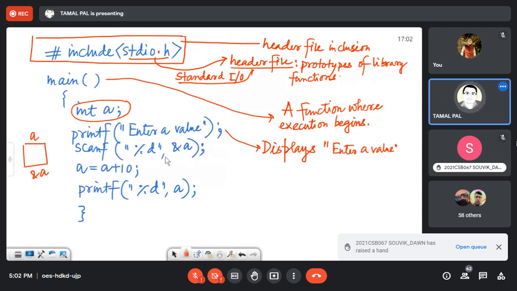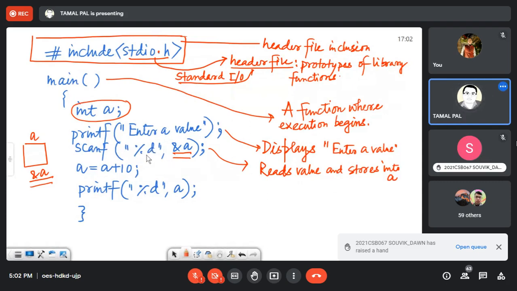And scanf actually reads a value and stores it into a. The name of the variable is a. That means I have provided the location, and this is the syntax of scanf. The first part, %d, is used for integer.